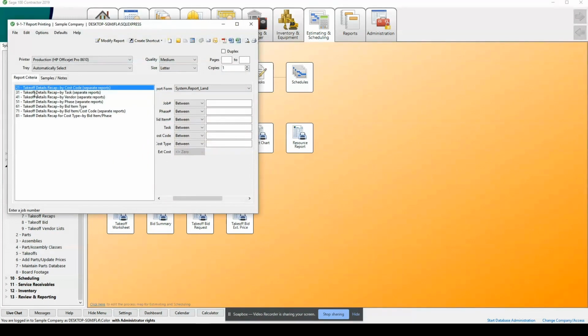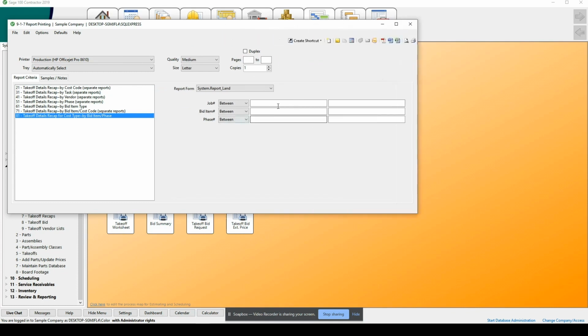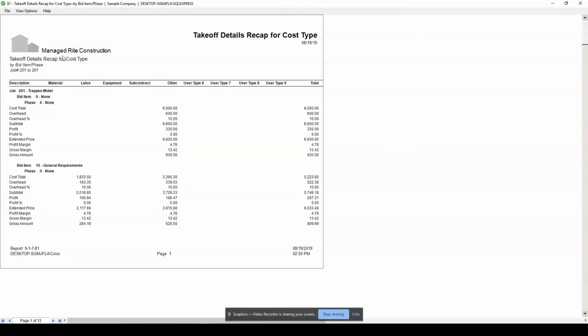Same thing if I'm looking at a details recap. In this job, I'm running job 201. I want to see everything, because not only cost codes, I also want to see the bid items as well as the phases. So I go here and put 201, and now I can see exactly my takeoff details with the recap, giving me my cost total, my overhead percent, and my subtotal based on my job, my bid item, and my phase.